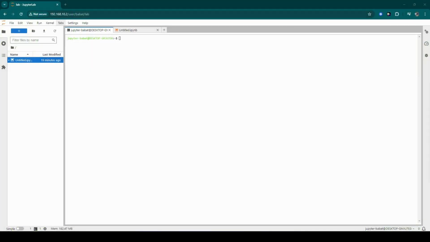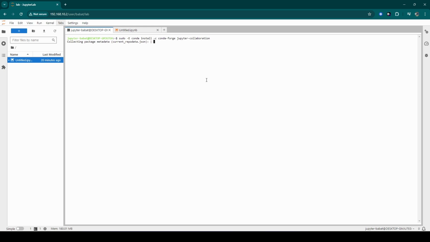After we successfully install the NVIDIA driver, we need to install Jupyter Collaboration for real-time collaboration with your team. Type sudo -i, then conda install -c conda-forge jupyter-collaboration, and then enter.